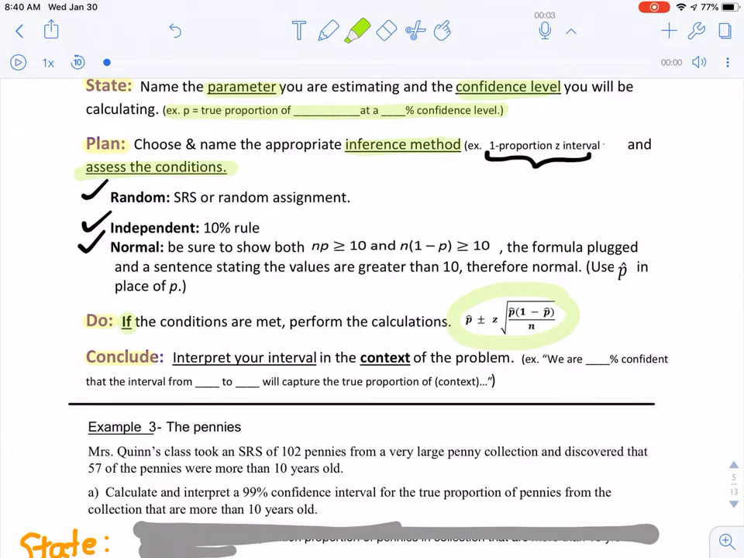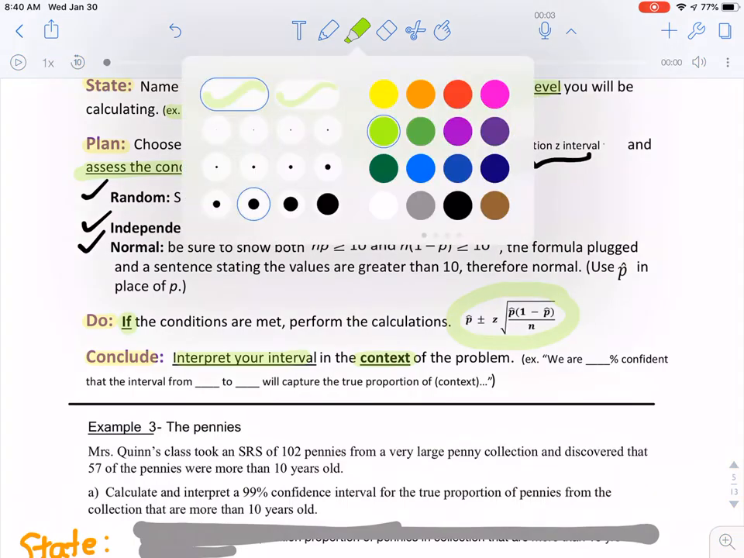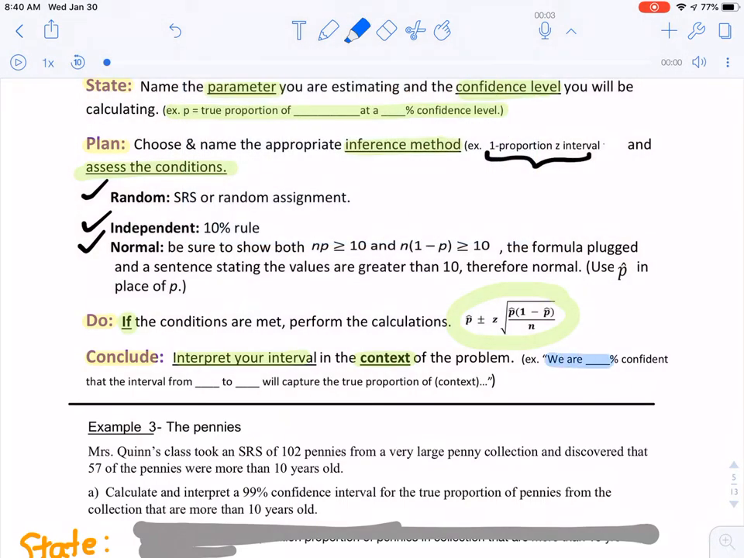And then lastly, the conclude part, which is what we really focused on in section 8.1, is where we go about interpreting the interval. Super important that it's always in context. Generally it looks something like a statement like this. We're blank % confident that the interval we've created from blank to blank will capture the true proportion of